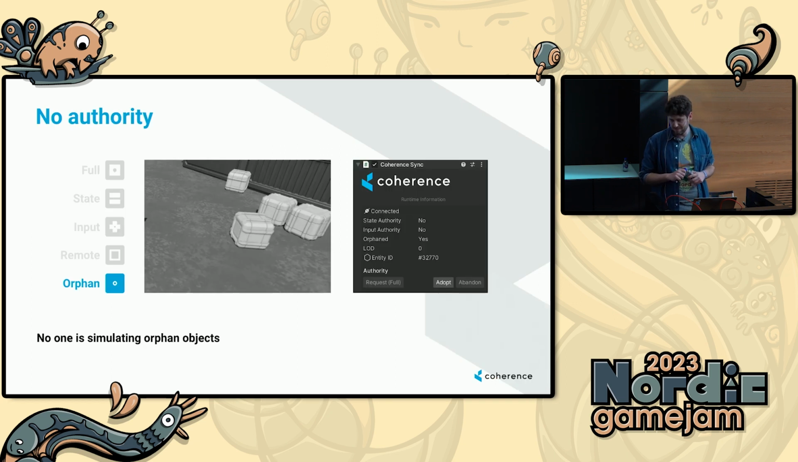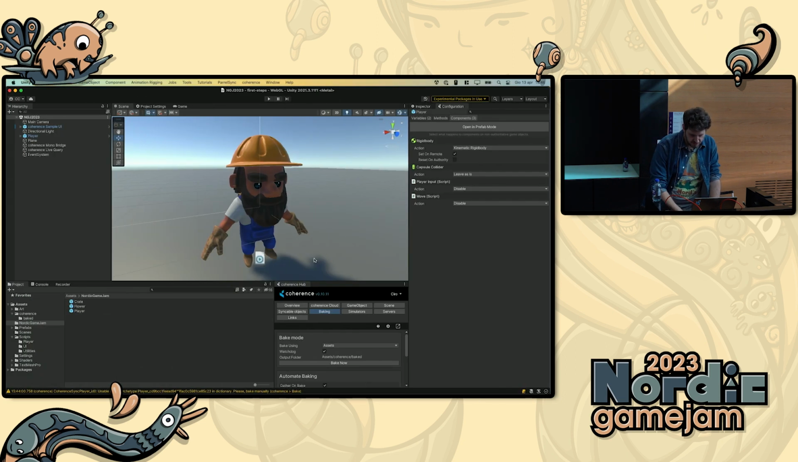There's also one type of authority state, let's say, which is the orphan, and that's because an entity usually gets created and dies with the user that makes it. But we also have a concept of persistence, so you can actually leave an entity on the replication server, even if you disconnect. But that entity right now, nobody has authority on, so it's an orphan. When you get back online, you can get authority on it. And there's actually a parameter on the Coherence Sync, I don't know if you noticed, which is called